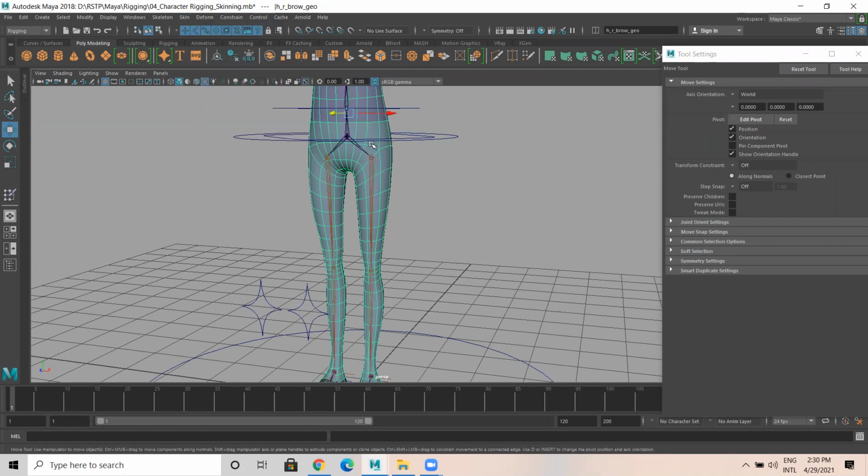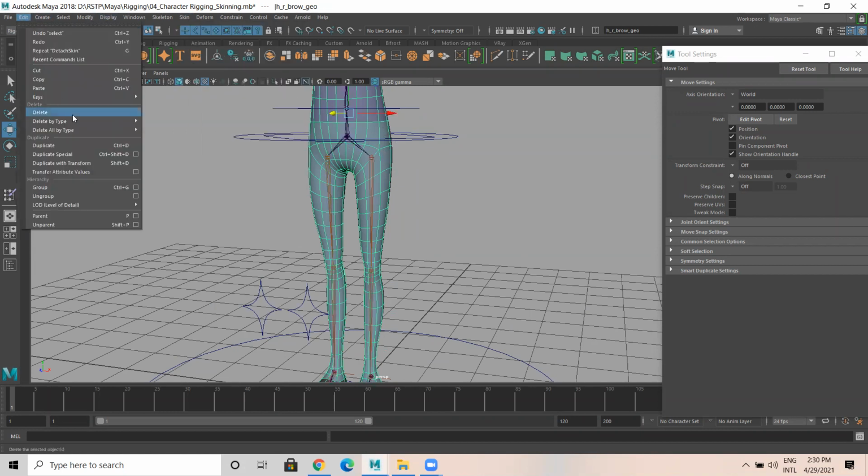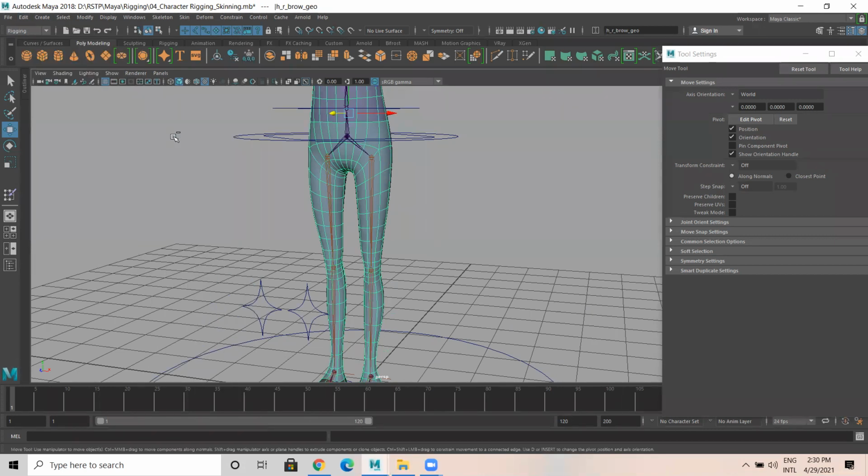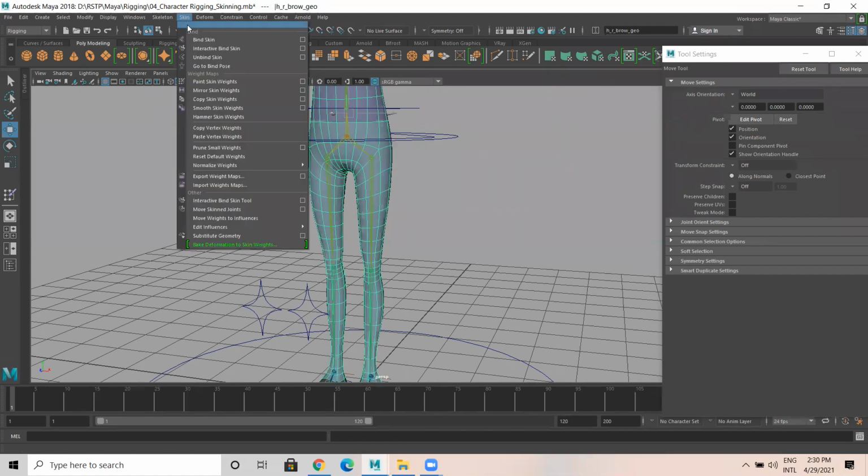Unbind, select this, edit, delete by type history. Select this and cog, skin, bind skin. After that, I'm selecting this. I'm going to fine tune a few more.